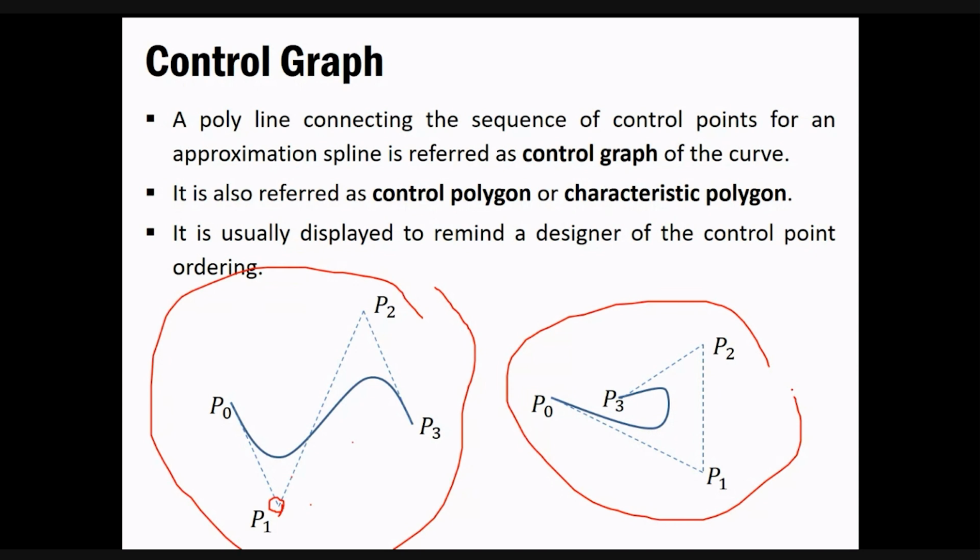Okay, so it is usually displayed to remind a designer of the control point ordering. Okay, so at some point you'd be having bigger shapes. It's not like a programmer or a developer would be working only with a simple shape that looks like this. At some point your shape would be a big scenario or something. Then these control points are very important. So generally, developers in the industry, the gaming industry, do this thing. They have these points, and then they can simply control the whole of the environment that is present in that particular thing.